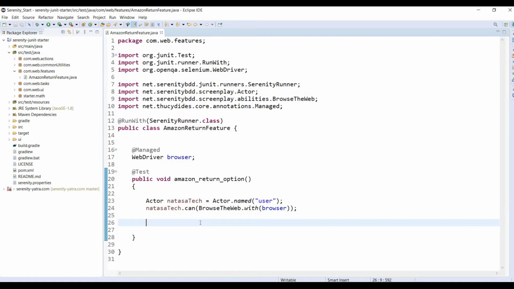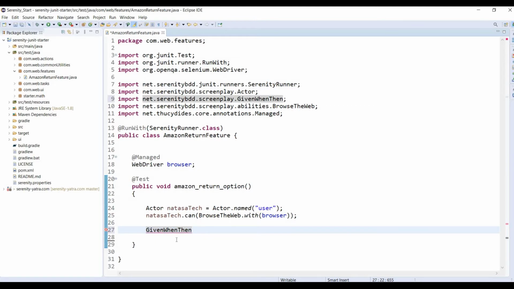So next we have to start the task in Cucumber. Inside the features file, we write all the steps: given, when, then, and. This is the method we use for defining the step definition, right? In the same way, inside Serenity BDD, we have to define all the tasks with the help of the given, when, then methods.